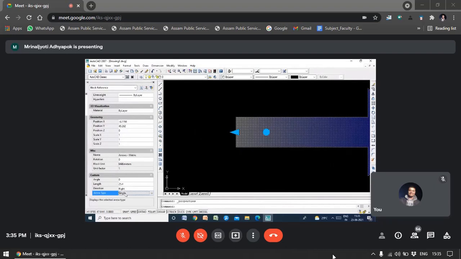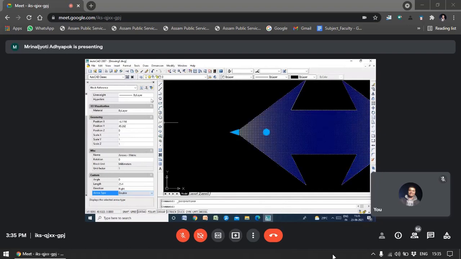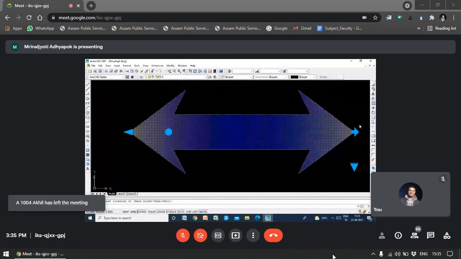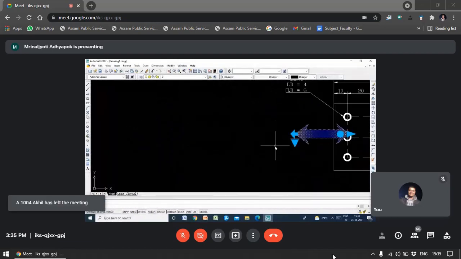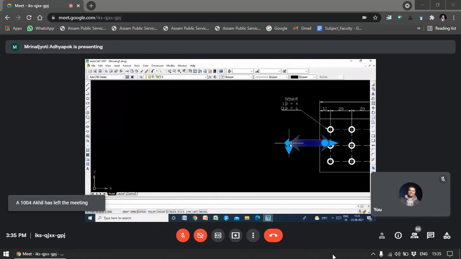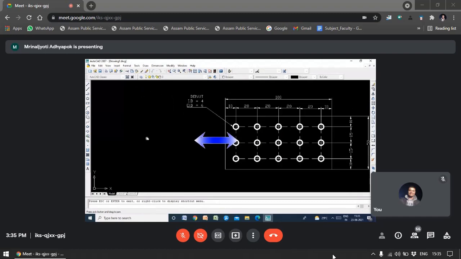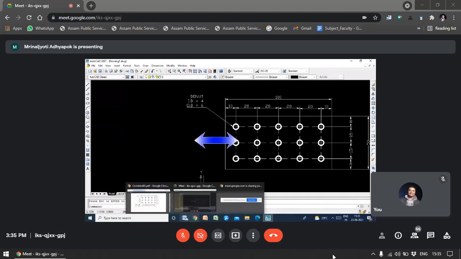See here, arrow type single. So you click here. Now select double. So your arrow will become double-headed. Okay. If you want to stretch it like this, you can stretch it also. So what is the command to draw this type of arrows?